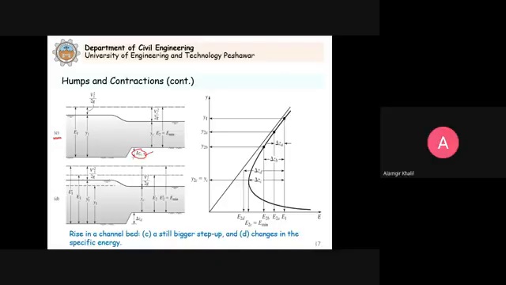So when we have this critical situation here, you see that E2 is reduced to E minimum, the minimum specific energy. So in this case here,